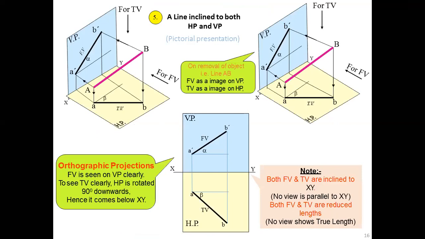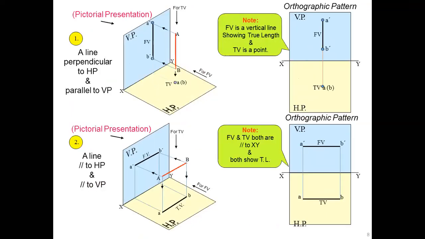Now see this fifth condition. The line is inclined to both HP and VP. What has he done? See here. I will go to this statement, this condition, line parallel to both VP and HP. Now what he has done, this end A is fixed. Listen carefully. End A is fixed. Now go to end B. Now it is inclined to both the planes, right? Yes, sir. Now what I will do, I will lift this B away from HP.